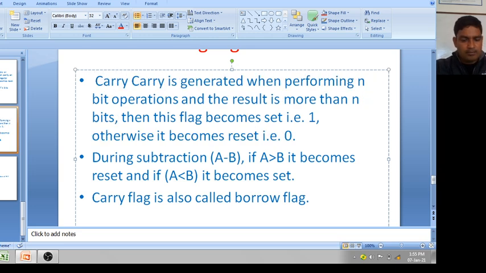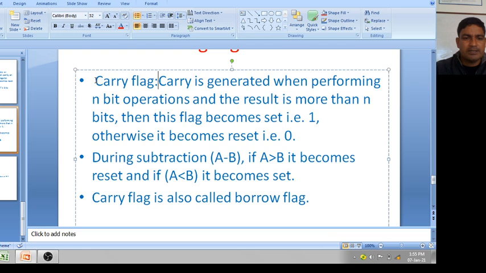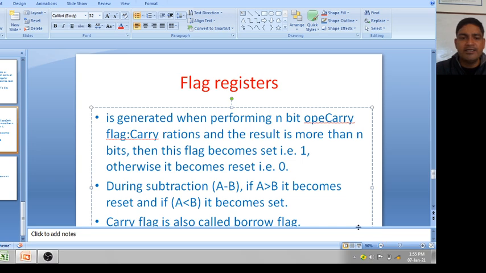After any arithmetic and logical operation, if any carry is generated, this flag becomes set, otherwise reset.